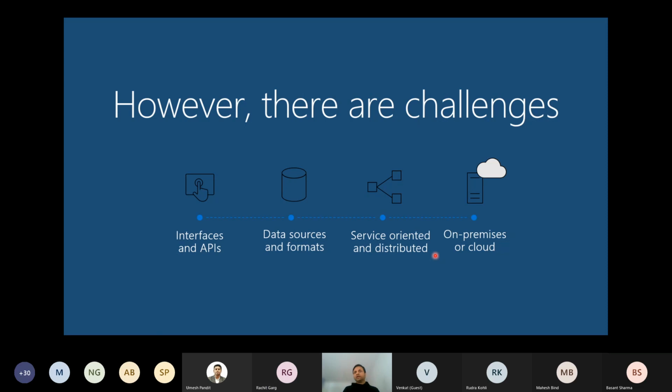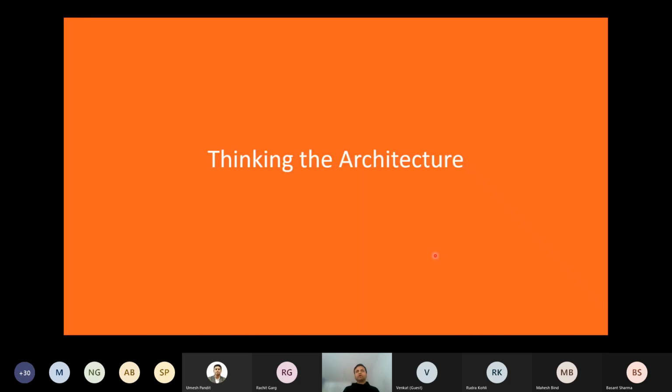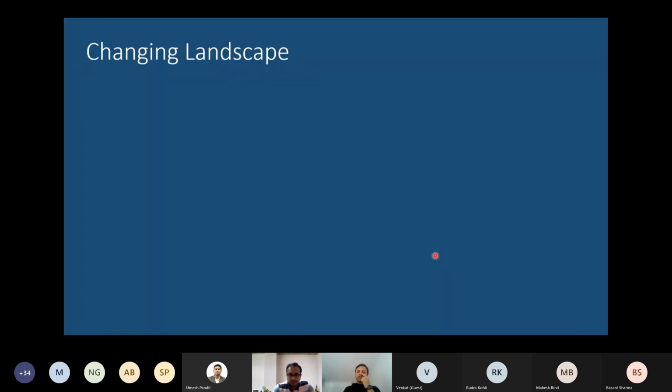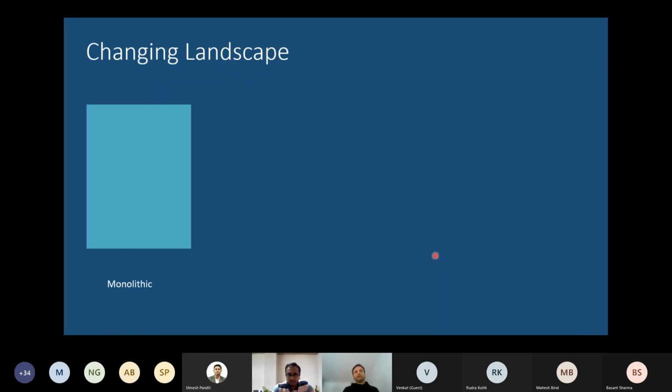When we think about integration, the first thing that comes up is architecture thinking. I was looking at the scenarios we go through, and I have tried to put together some pictures. The landscape is changing. We have been in monolithic situations wherein everything is together like a strong rock, and any change you make, everything depends on each other. That was the situation.